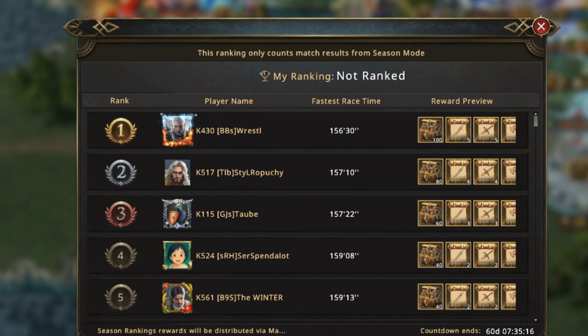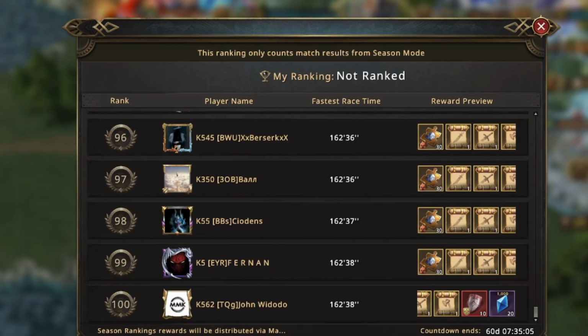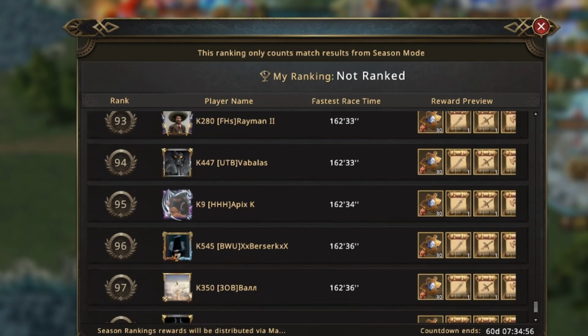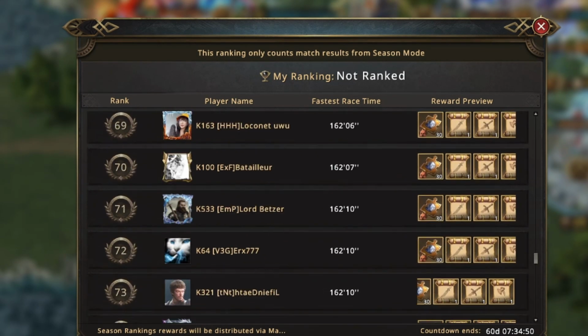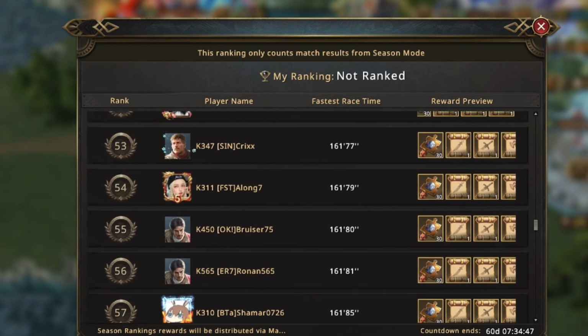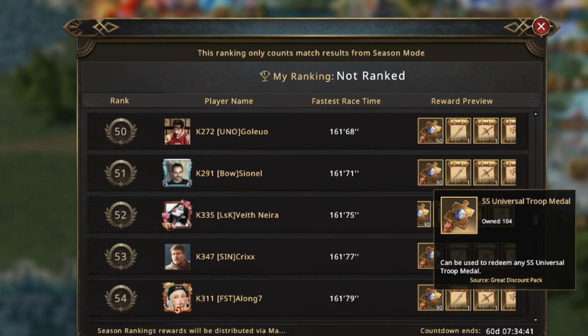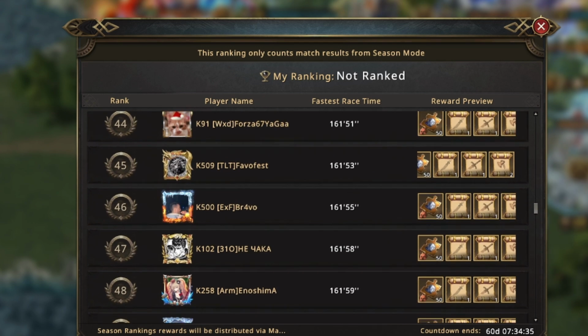This is pretty cool, and yeah, obviously only one person will win this, or I don't know, maybe there are multiple groups. I can't know if that's the case or not. But scrolling down to something that is more reachable, let's go to the level 100. So to the 100th rank, you can get 30 SS medals all the way up to 50th, I believe. Let's just scroll down to 50. Yeah, so up to 51st you get 30 SS Universal Troop tokens, and from 50th you get 50, and then